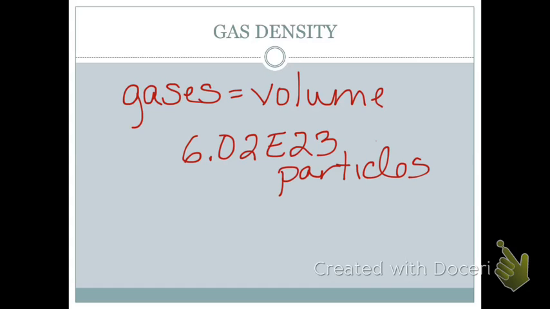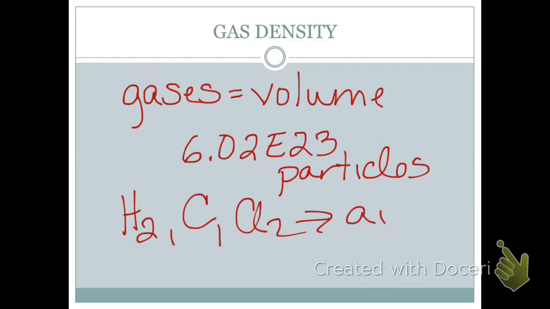And we know that 6.02 E23 particles of that gas is going to be the same for every gas. So whether we're talking about hydrogen gas, or carbon gas, or chlorine gas, if I take 6.02 E23 particles of each one of these and I compare them and put them in air, I can determine whether that gas is going to float in the air, whether it's going to sink in the air, or whether it's going to hang suspended in the air based on looking at their densities of the gas,